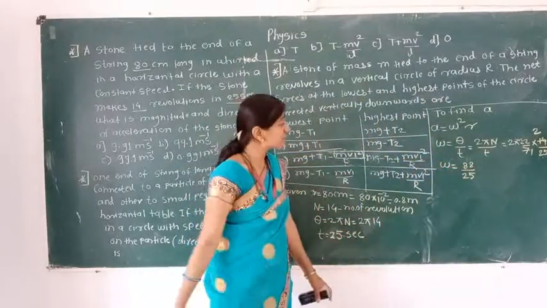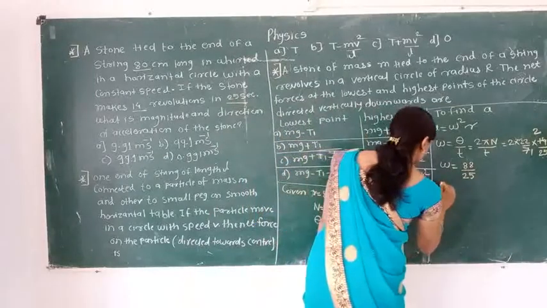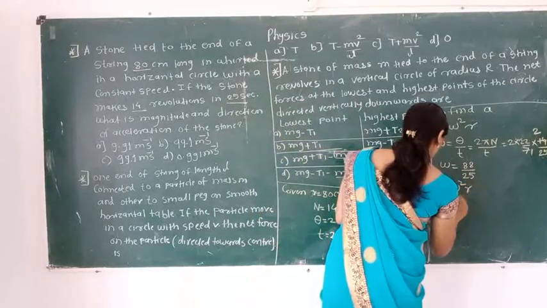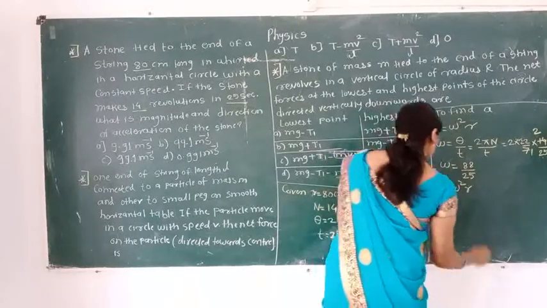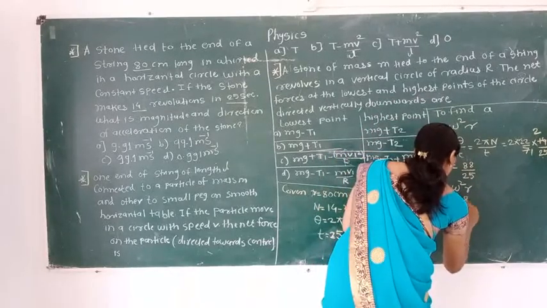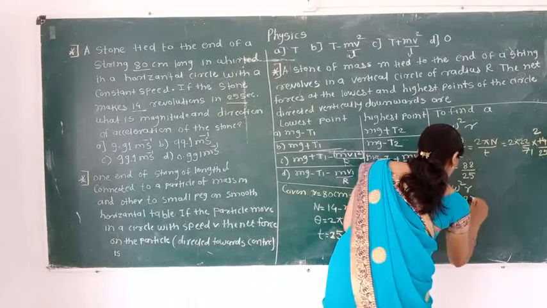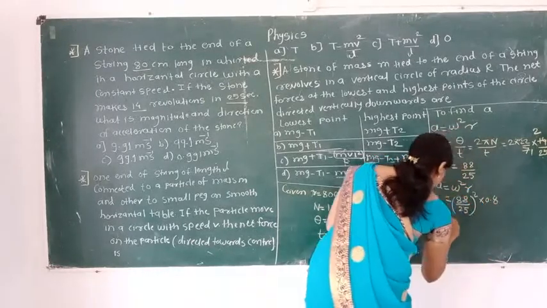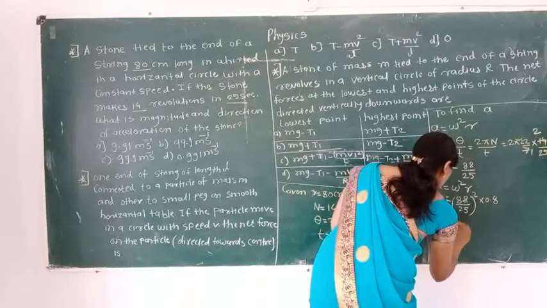Okay. Here this value we have to put in that equation. A is equal to omega square into r. Putting the value of omega square here, (88 divided by 25) bracket square into 0.8. That we will get here the square is